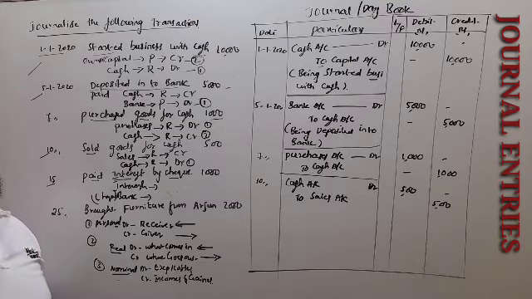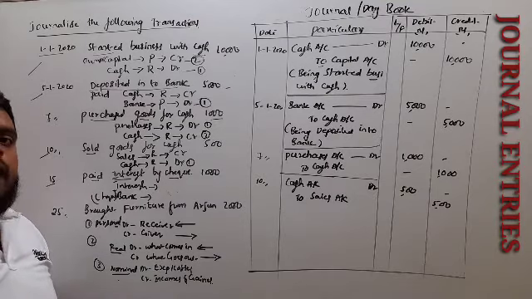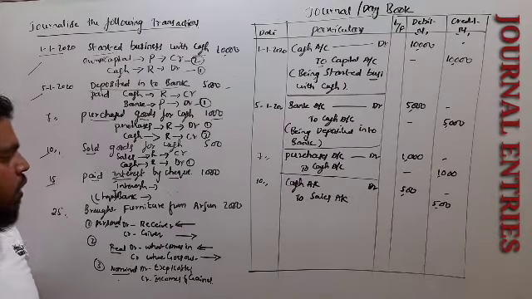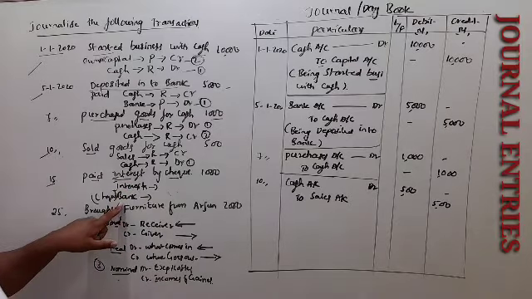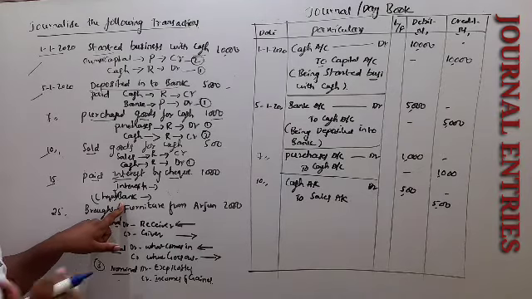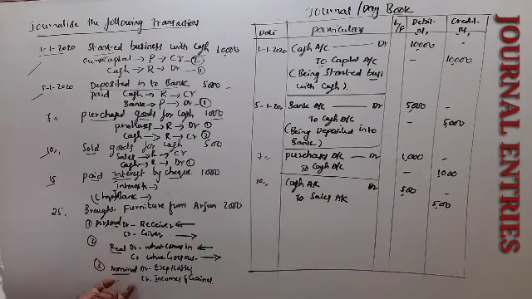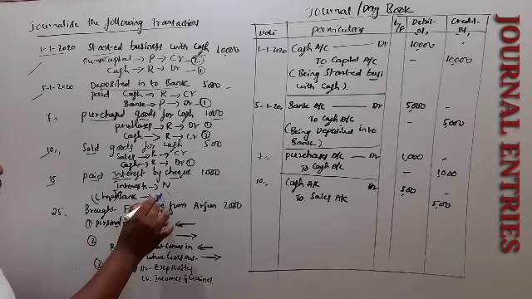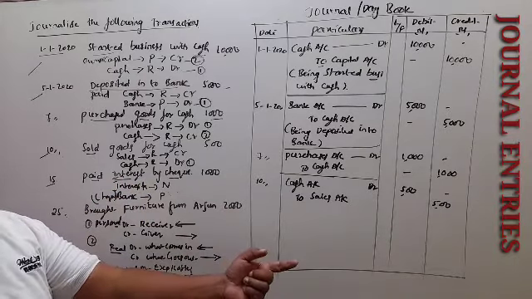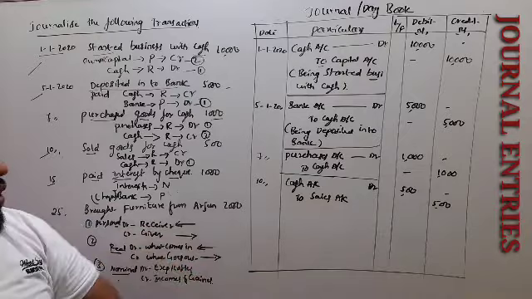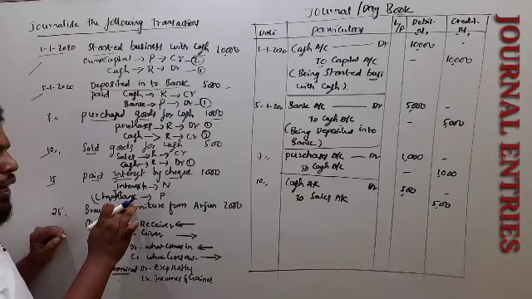Whenever you are paying through check, always we have to think that the amount is being cleared by the bank. So interest account and bank account. So interest, paid salary, commission, rent, all are expenses. So expenses come under a nominal account. So bank comes under a personal account. Paid interest by check. We have issued a check. So two accounts are involved, interest account and bank.